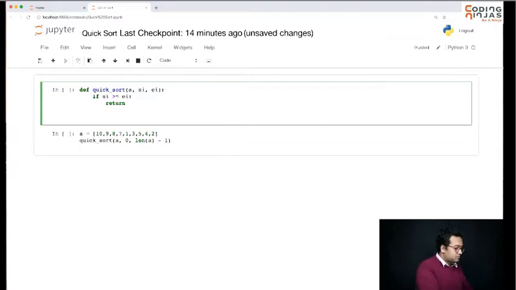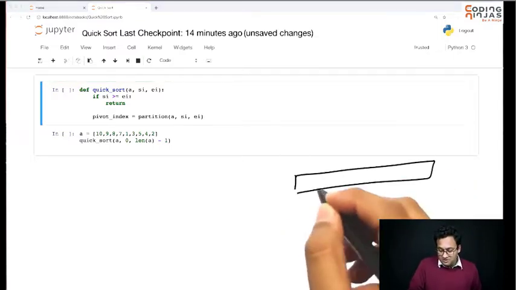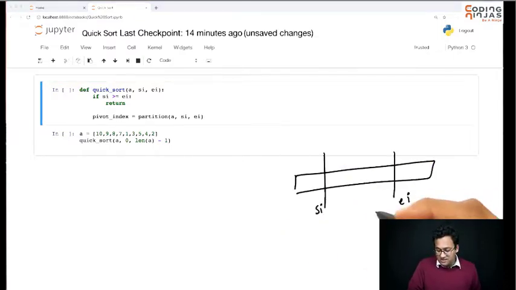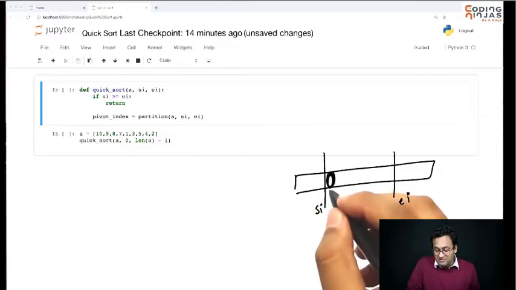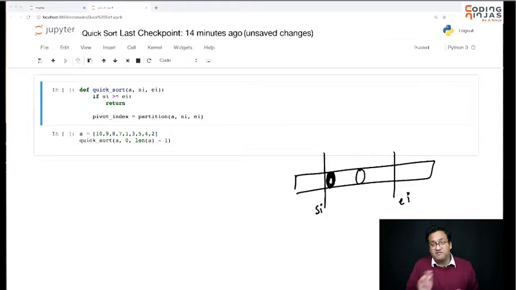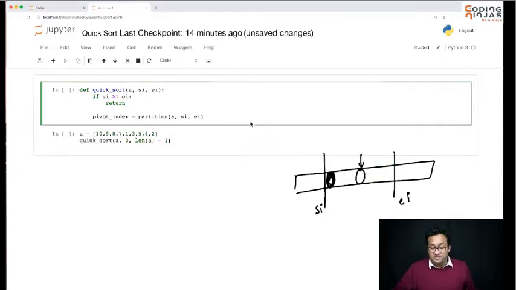Now I'm going to write a partition function. This partition function is going to need the list and what area of the list to partition, right? And I would get this function to tell me the pivot index. So if this was starting index, this was end index, it will partition this part of my list on basis of this element, and it will tell me after doing the partition, after moving things around, where this element has gone to. So I would need the pivot index.